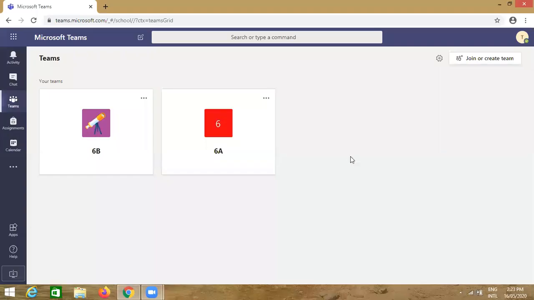Now you have logged into your account. So now let us learn how to give the lesson, notes on that lesson, and inform the students regarding this through a message. For this, on your panel, you will click on a class for which you want to give the lesson and notes. So we will click on class 6A.